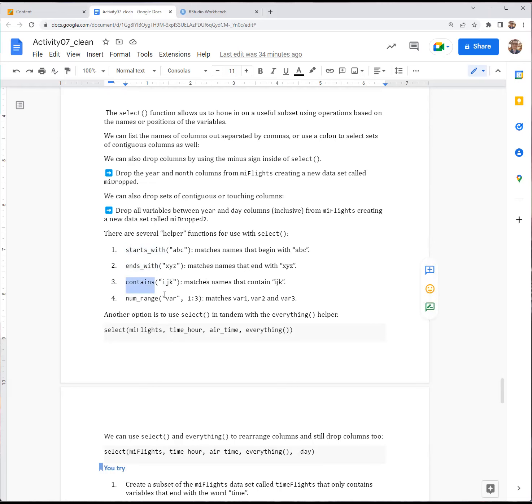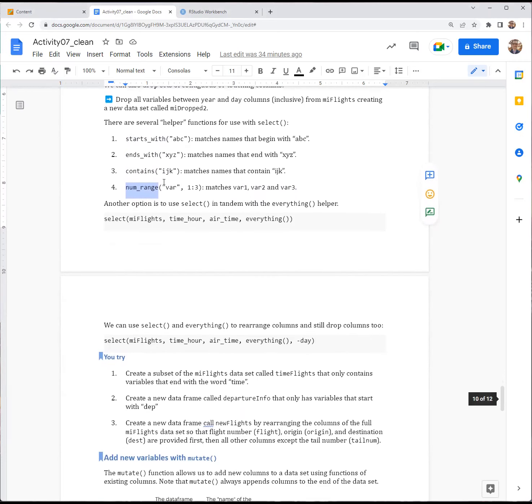It's very common that variables are named things like var1, var2, var3. So sometimes you want to keep all the variables in that particular range. So the developers of dplyr wrote this helper function, num_range, that allows you to grab those quite easily, or efficiently, with a short amount of code. Okay, and then